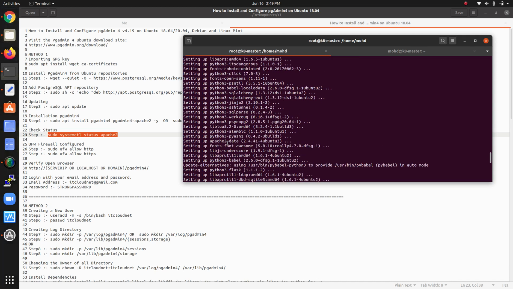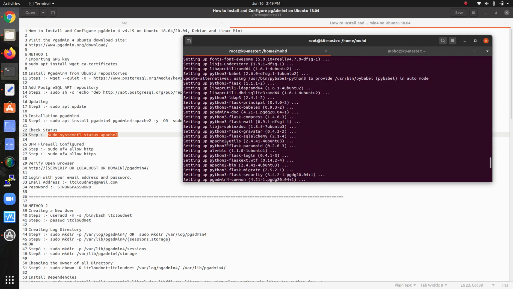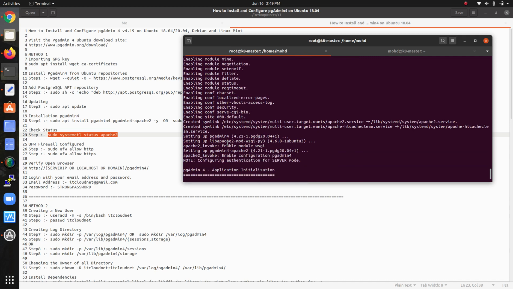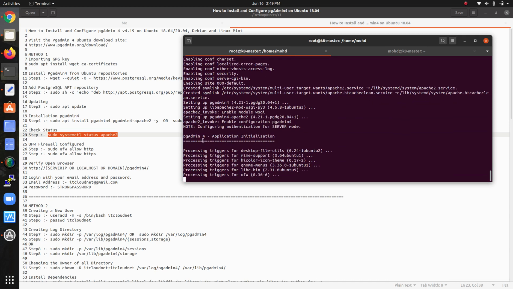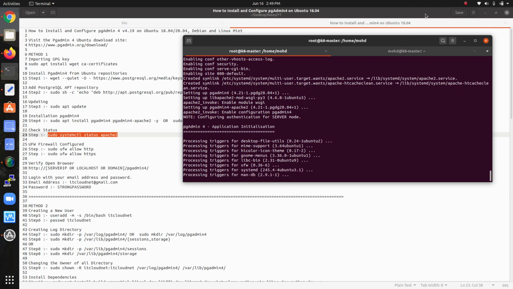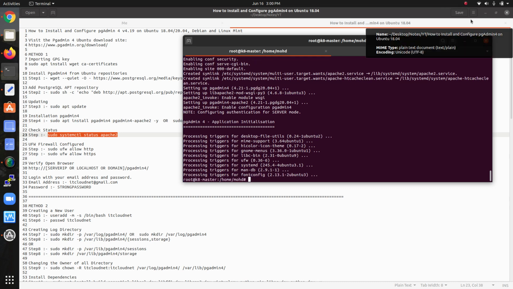After that, it set up all those three packages, then enabling. After that, application triggering is coming, and then the application utilizes all those things one by one while processing. A little bit more time we need to wait. It's taken almost 20 minutes, more than that, but still initializing.